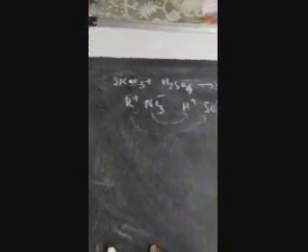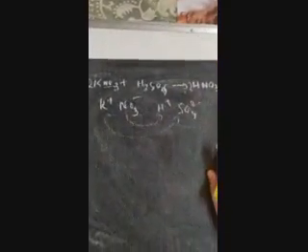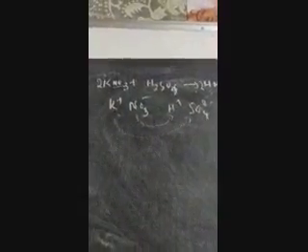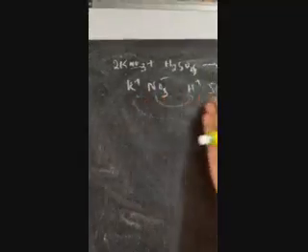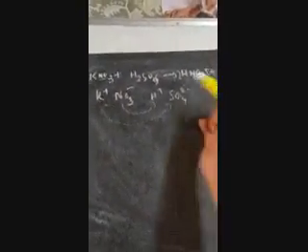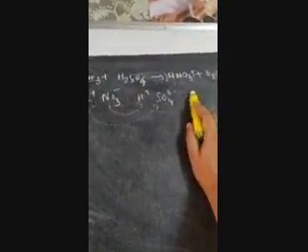So now this has combined with this, and this has combined with this. As this one is highly volatile, it will escape the solution as nitric acid. So these two will be left and this reaction will actually take place. We are using sulfuric acid because it is less volatile than nitric acid, and this reaction will proceed as nitric acid is more volatile than sulfuric acid.